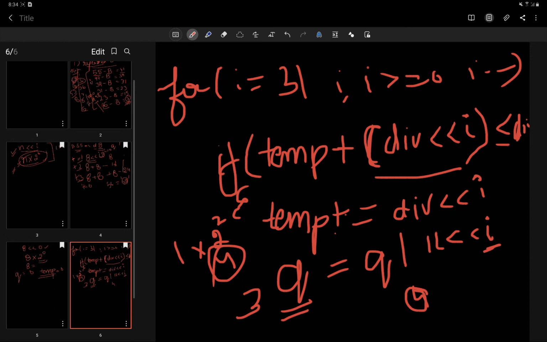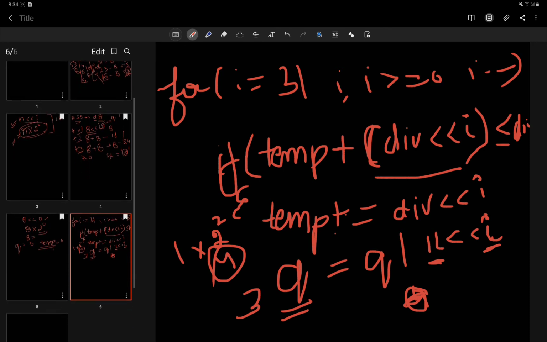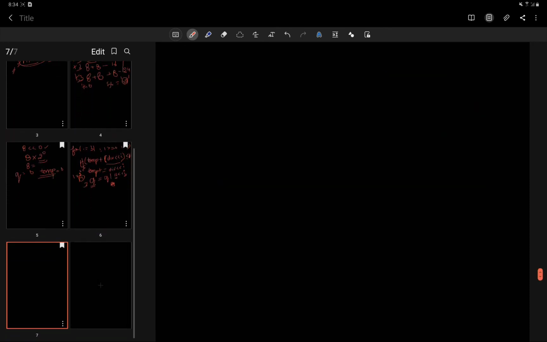Since 1 into anything is the number only, that's why I have taken 1 and left shifted it with i. All right, so this is our code, and it will run for these values. Let's see with an example.